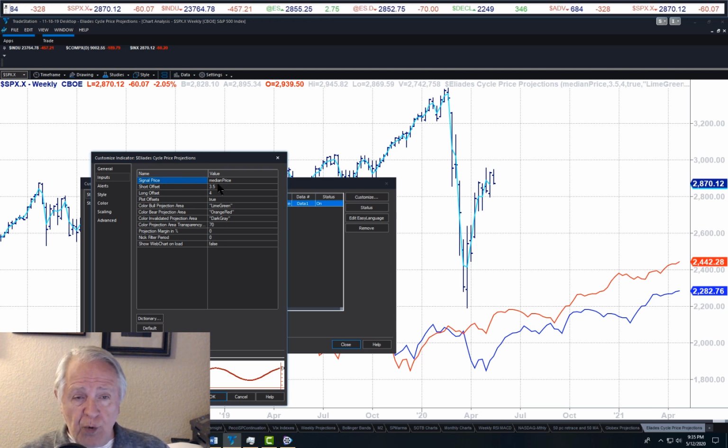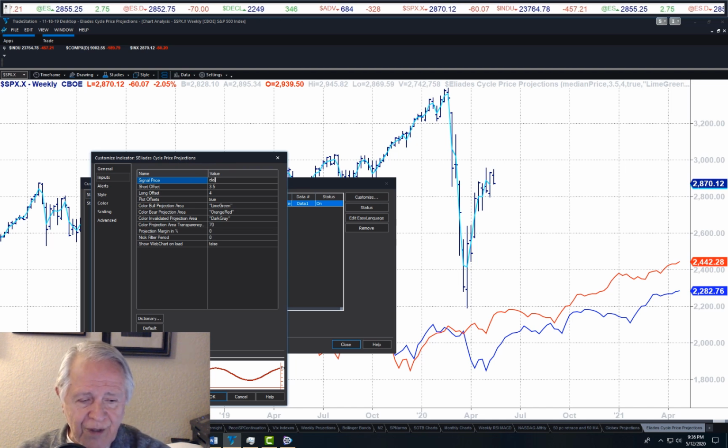If you wanted to do intraday projections, bar chart projections, intraday high and low, you would keep median price here. That's the default setting. But if you want to do closing projections, as I have shown you many, many times on the YouTube videos, you would change this median price to close, C-L-O-S-E,